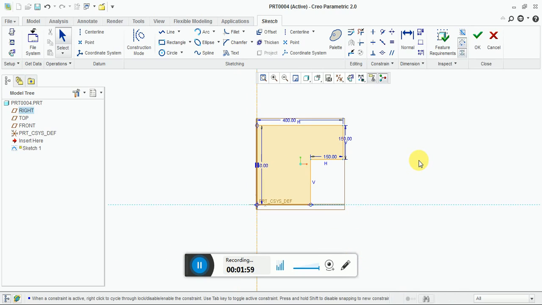If you want to give the dimension, give it from here also.